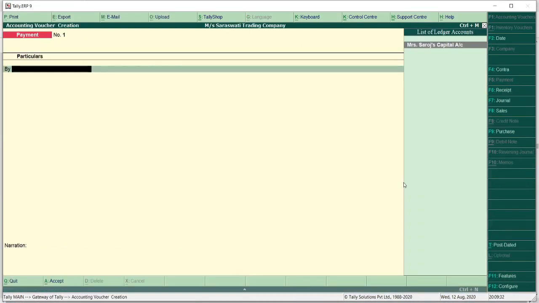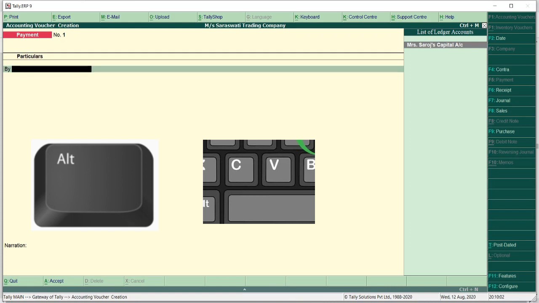You can see payment screen. The entry is office rent account debit. Oh my god, I haven't created office rent account. Ledger account I haven't created. So what to do? One way is I can quit from this screen and go to the screen to create ledger account, or the shortcut you can use here by pressing Alt C. I repeat, the shortcut key combination is Alt and C.